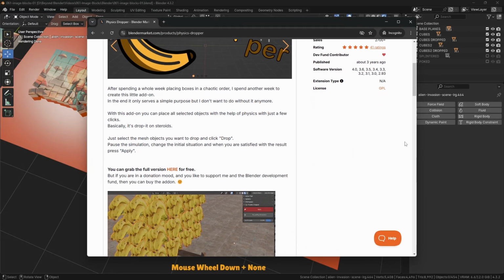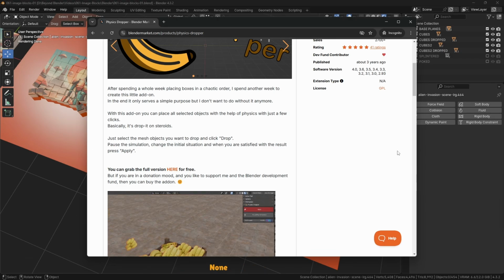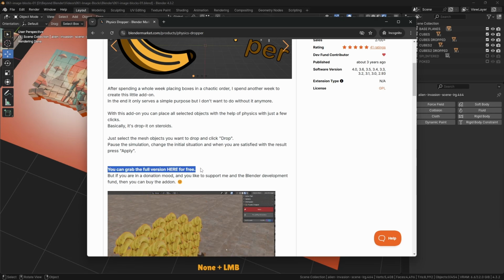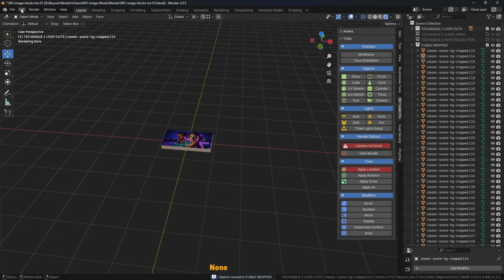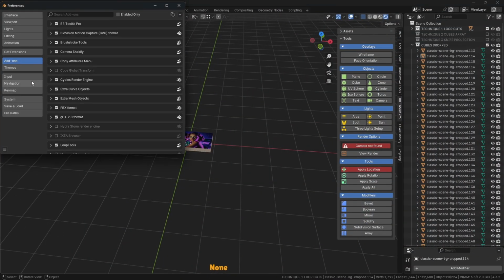Now, before you click away, I'm not saying I'm not going to pay for an add-on. Well, you don't have to if you can't afford it and you don't want to do that. Or maybe you just want to evaluate it before you purchase it and give something back to the developer. You can actually grab the full version, as you can see it says there, for free at that link on the Blendermarket product page. Once you download the add-on, of course, head over to Preferences,